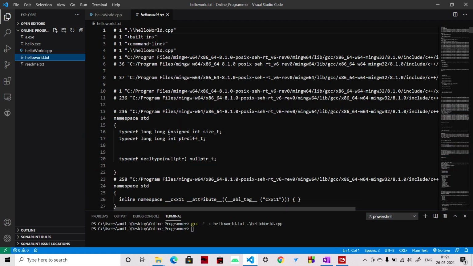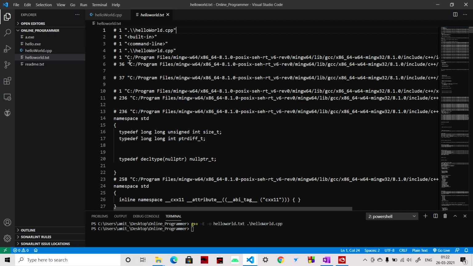If you want, you can study the whole file, but I will tell you the main points. Basically this file tells what function definitions we are including and from where we are including them. See, this hash, this pound symbol, basically tells the location.